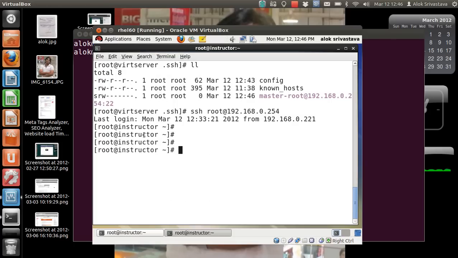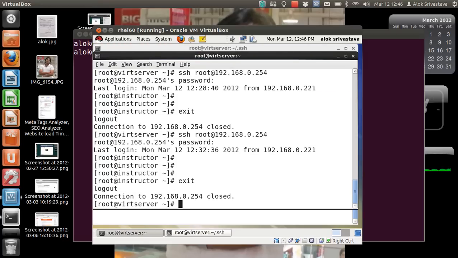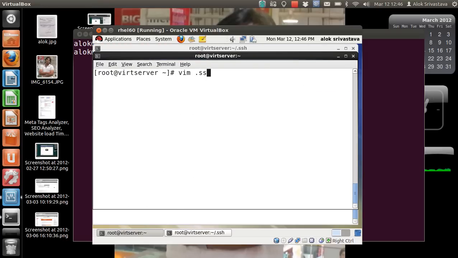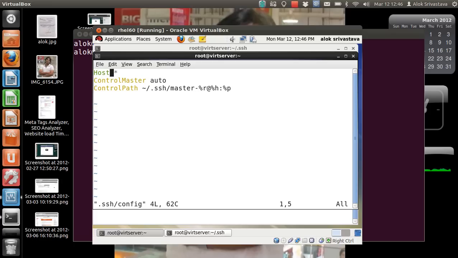Okay, I'll just show you. I'll do exit here. I'm closing my master connection also. That's great. And I'm going here, config. If you don't want it for all the hosts, you can also specify that this particular master connection will be for a particular host. So please feel free to assign the IP address or the network range, and feel free to change the path to any location that you think will be secure enough. So for me, I'm using the asterisk once again.